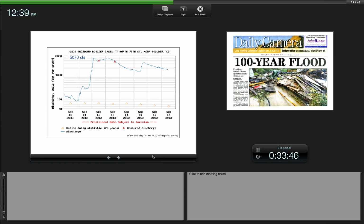Moving downstream a little more, and possibly Sheila mentioned this too, this is a USGS gauge at 75th Street, and they were actually able to get out and measure. Those two stars indicate flow measurements. They actually measured the flow, so this number is pretty good. Again, about 5,000 CFS. Now, what's odd about this is South Boulder Creek joins Boulder Creek above this, and South Boulder Creek should have contributed at least about 1,000 CFS. But this discharge is the same as downtown. So Sheila and I have had a bit of a discussion about where the water was going, because it doesn't seem to...